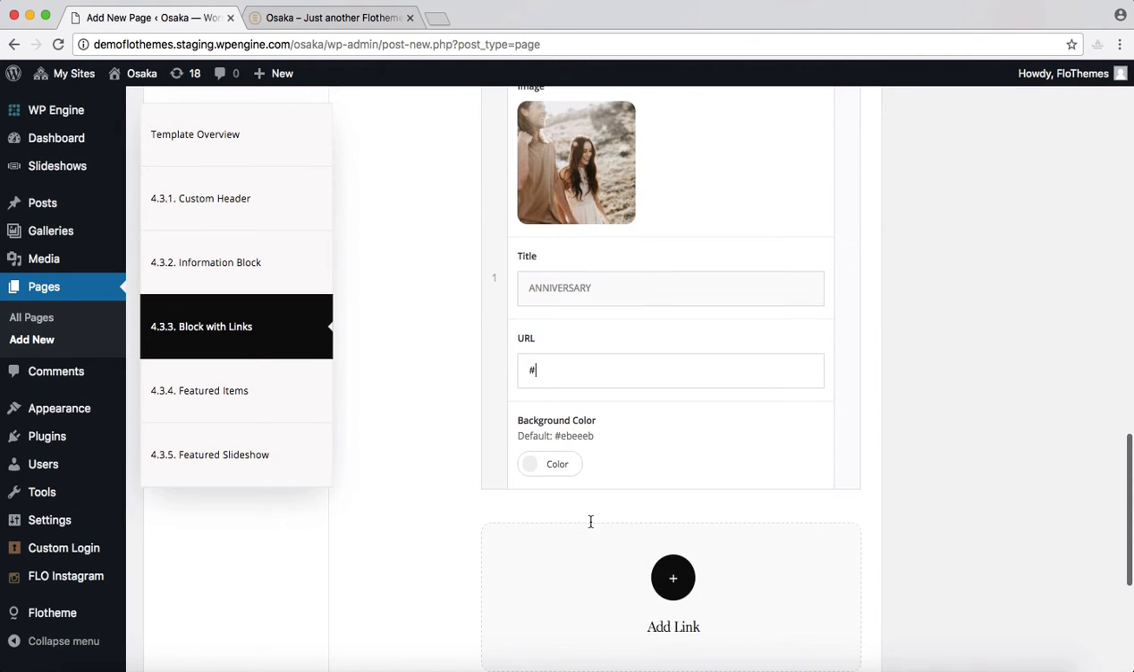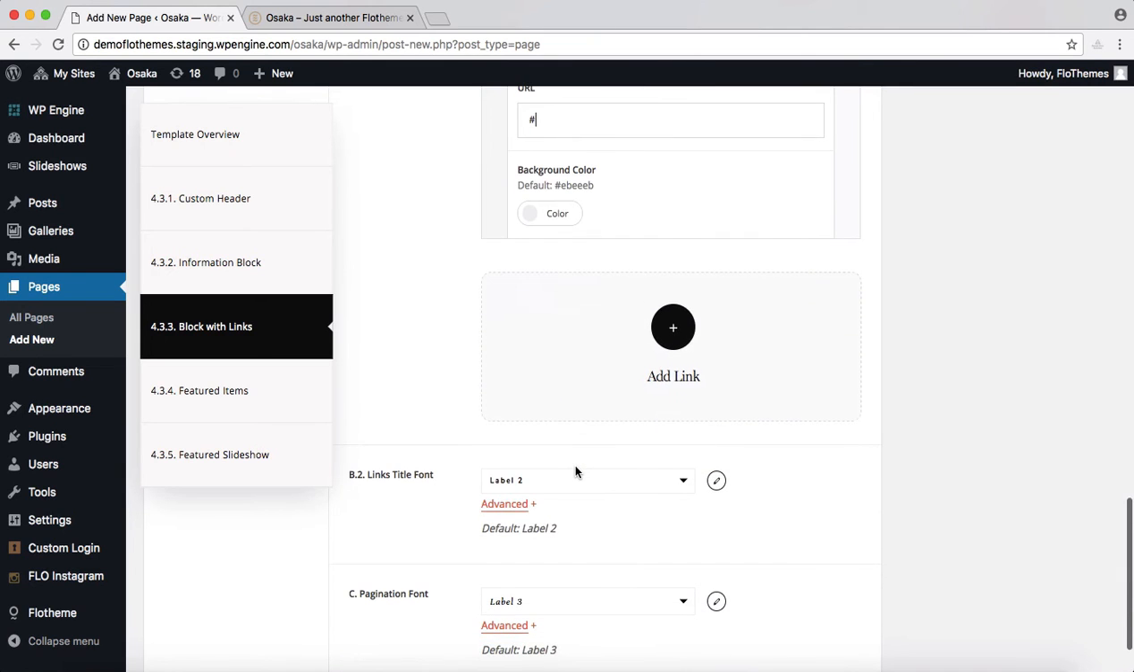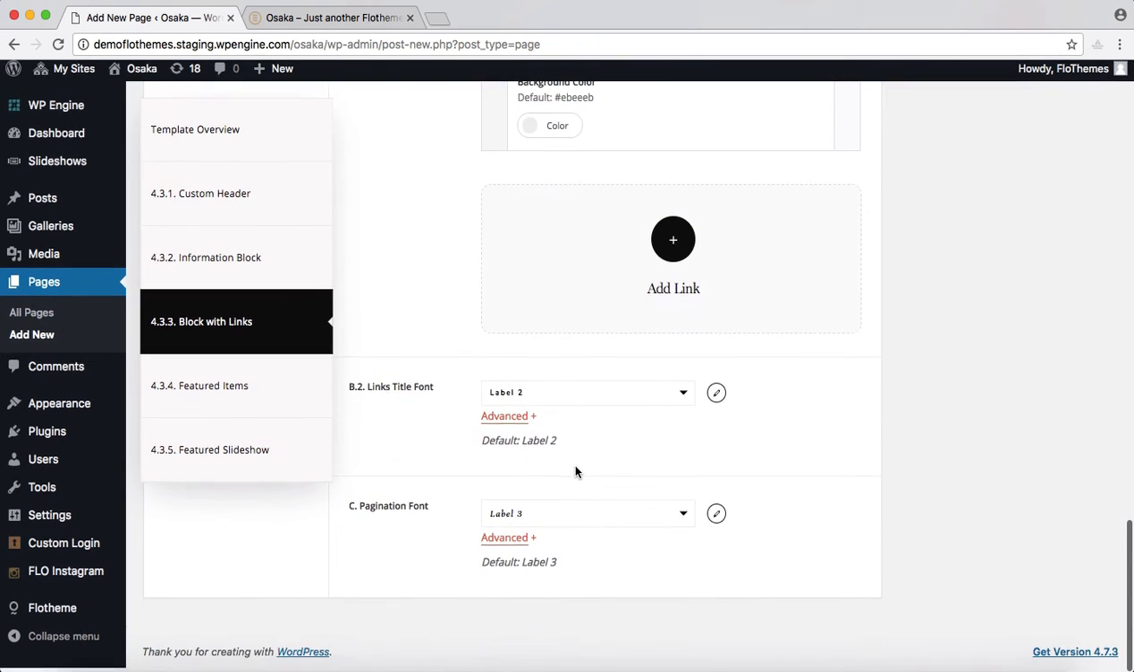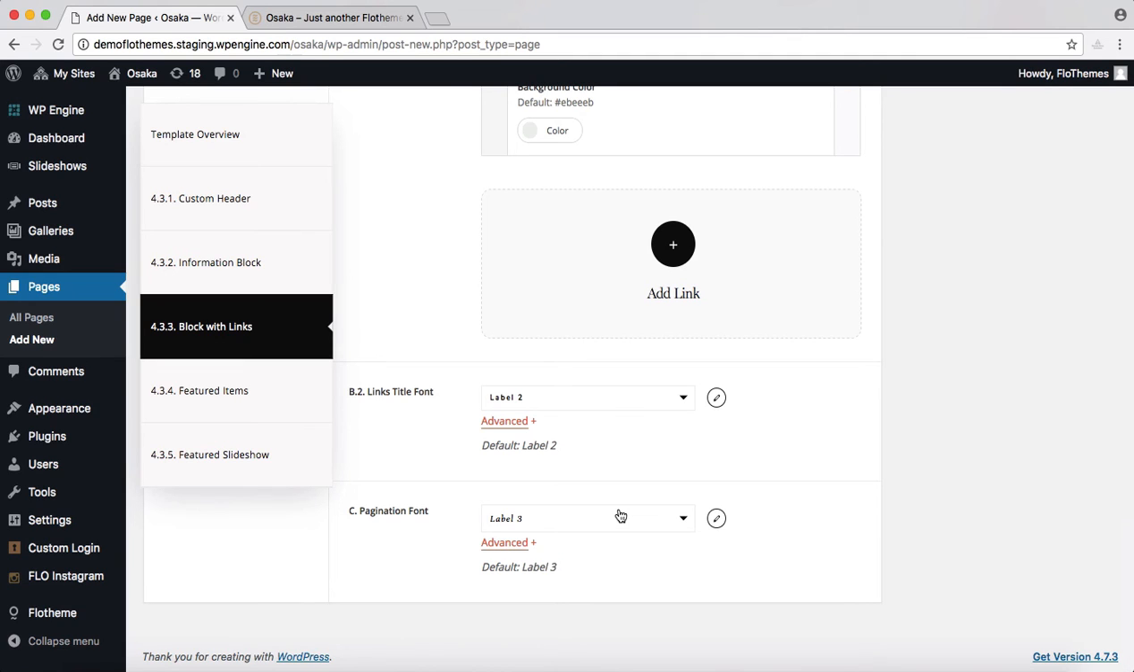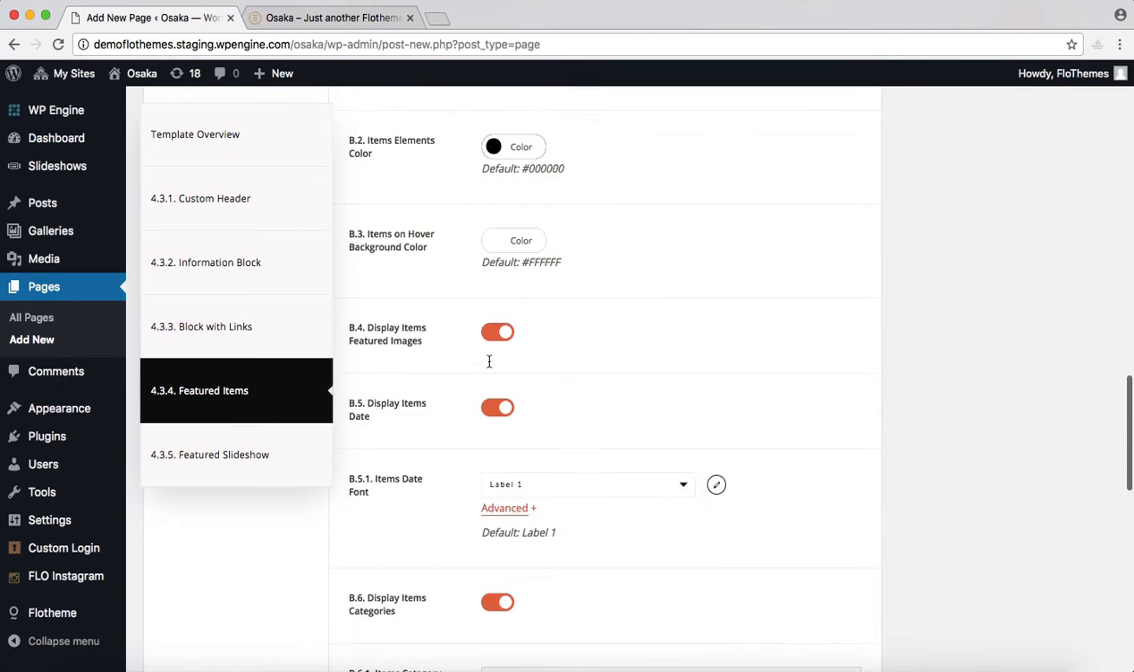Alright, and then if you need to add a background color, you can do that as well. So repeat the process for the remaining 2 sections. Alright, and then at the bottom we have the option to adjust the fonts related to the sections above. Heading over to the featured items area,